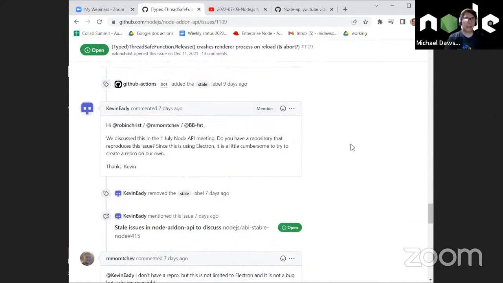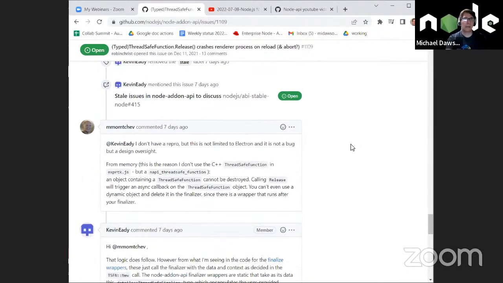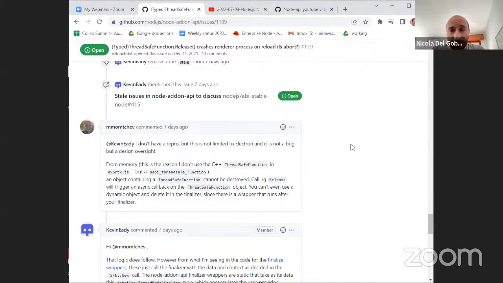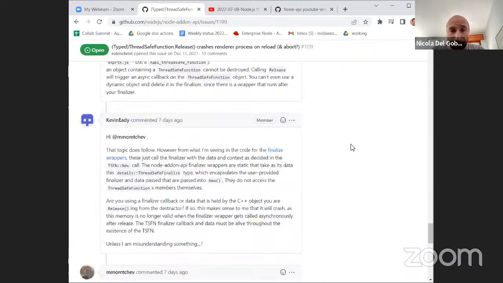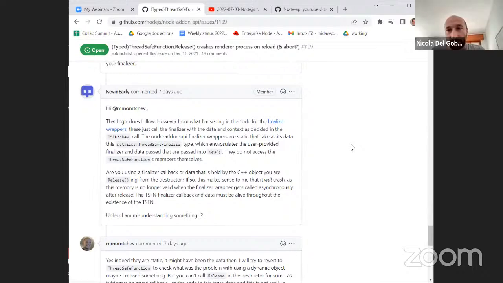Okay, Kevin, I guess you discussed this in the meeting. Yeah, Kevin asked for a repo that doesn't use it, because these happen on Electron.